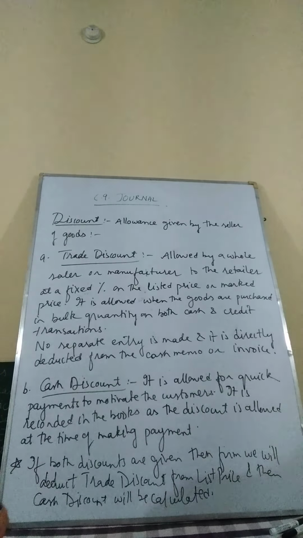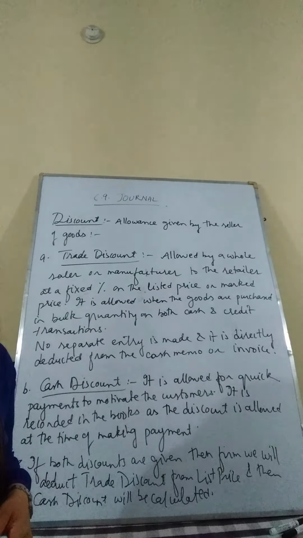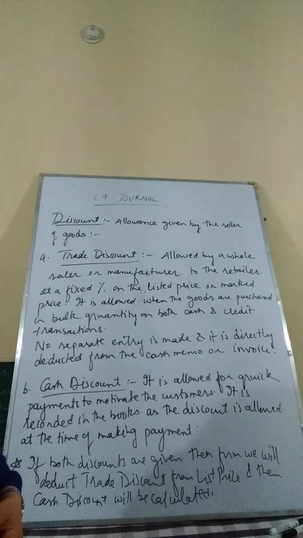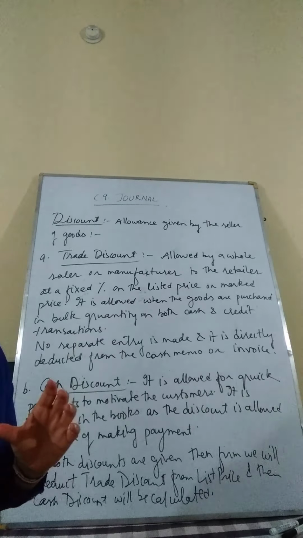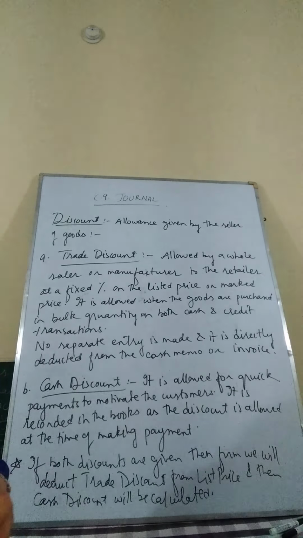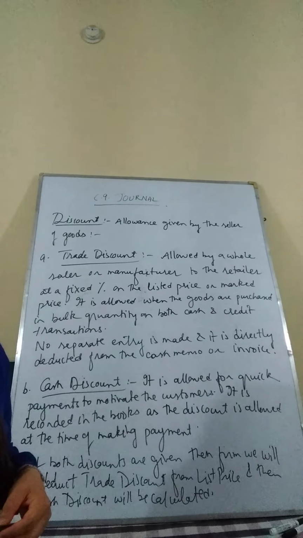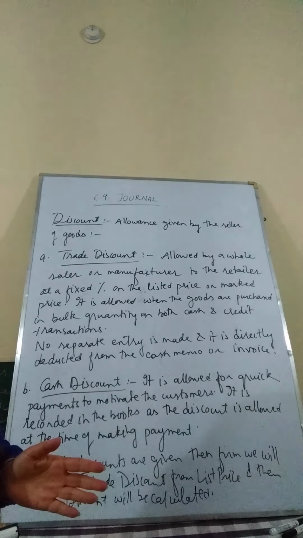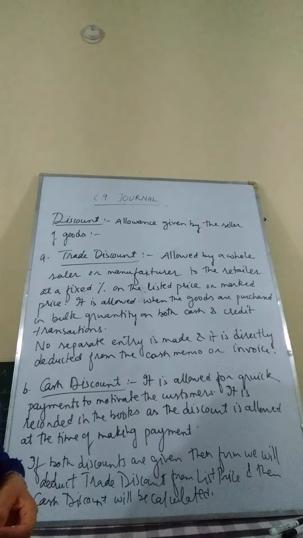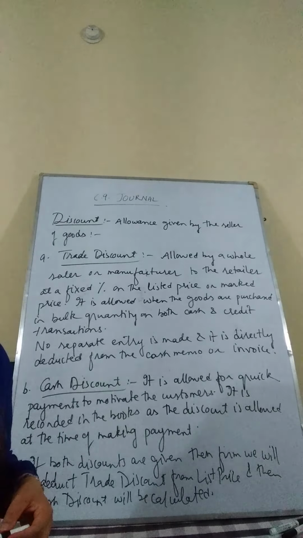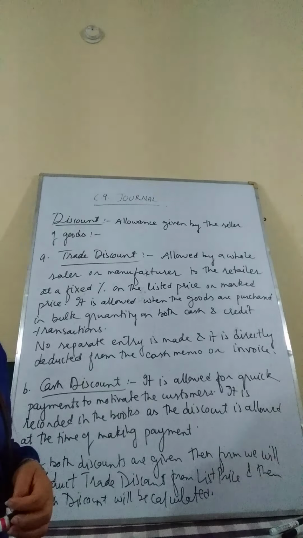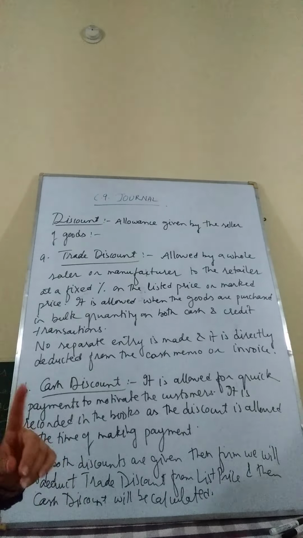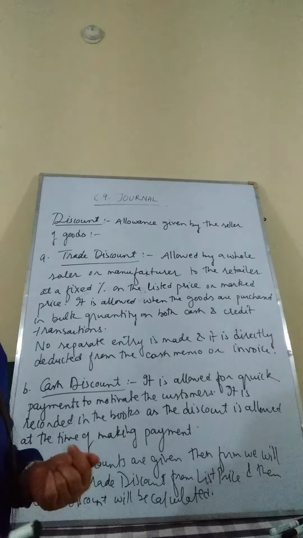Suppose if the actual commodity is being sold at a price of 10 rupees in the market, then naturally the wholesaler will get it at a set price of 7, and 3 rupees margin will be his gain, will be his profit, will be his benefit. Similarly, if the wholesaler is selling it to the retailer, again it will be sold at a lesser price. For example, he has sold a commodity which he has purchased at 7 rupees. Original market price was suppose 10 rupees and the retailer gets it at rupees 9. So the retailer's benefit will be 1 rupee. He will sell to the ultimate customer at a price of 10.